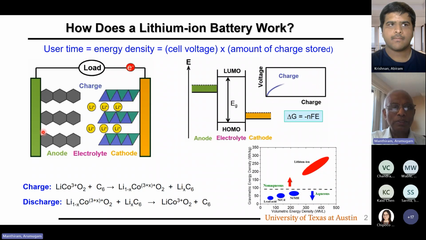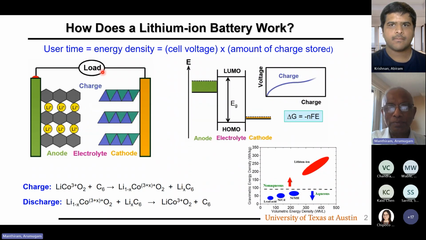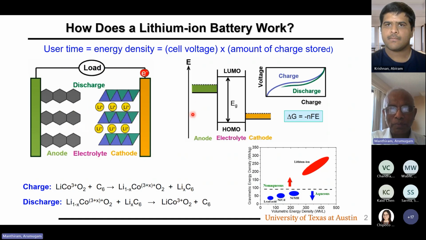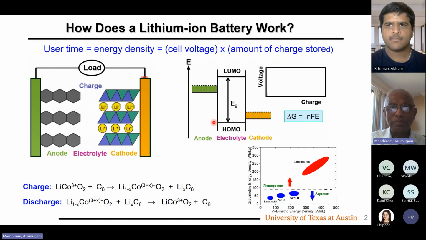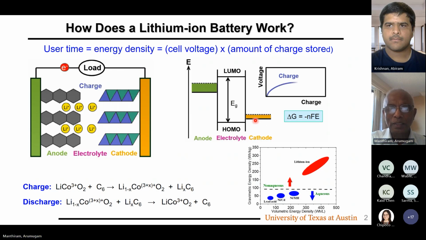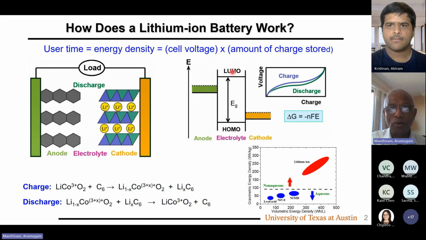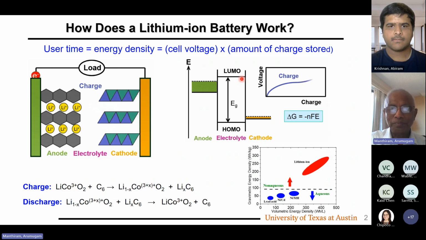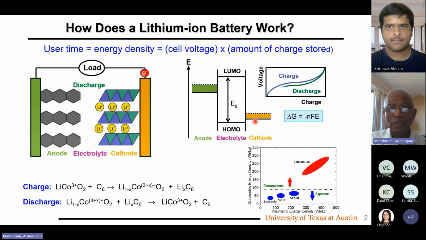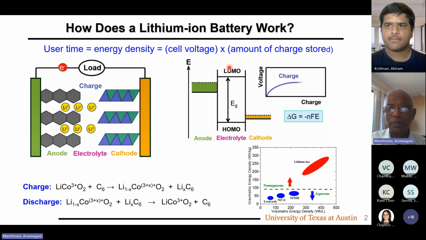So even though it looks very simple, from a chemistry and physics point of view, it's very complicated. So I put here the energy levels of the anode and cathode. And then in between you have the electrolyte. This is the highest occupied molecular orbital of the electrolyte. This is the lowest unoccupied molecular orbital of the electrolyte. So these two redox energies, anode and cathode, have to lie within this band gap of the electrolyte. Otherwise, what will happen is,